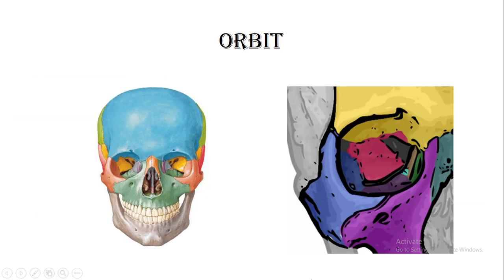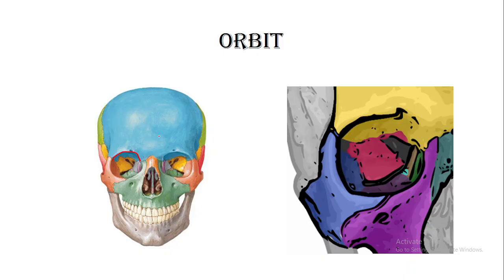Coming to the next part of the norma frontalis, which are the orbits or the orbital apertures. First we will see the boundaries of the orbital aperture, which bones form the boundaries of the orbital aperture, and then we will see what all bones are present within the orbit, or the complete structure of the orbit. So the supraorbital margin, this is the supraorbital margin,